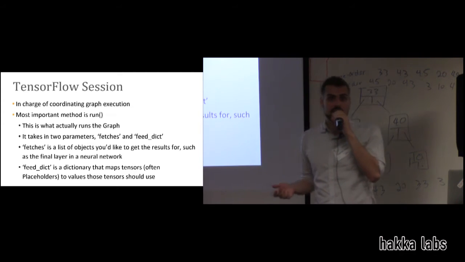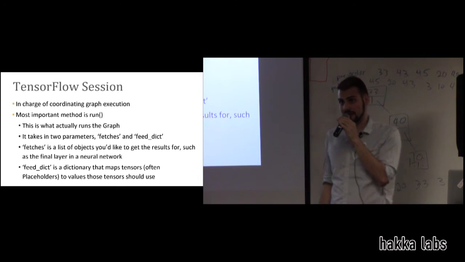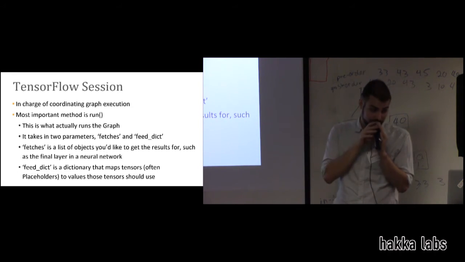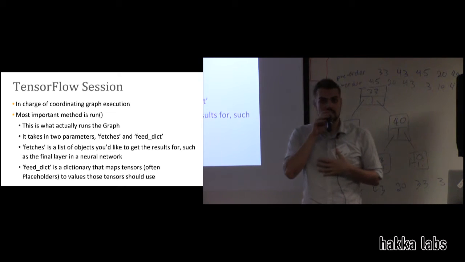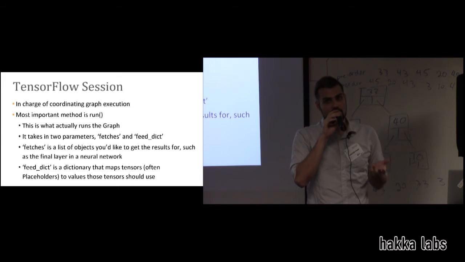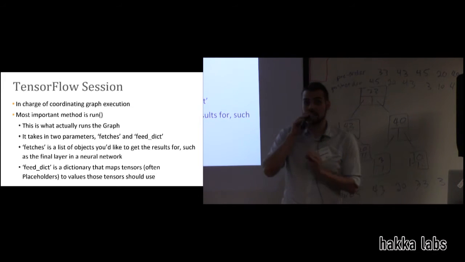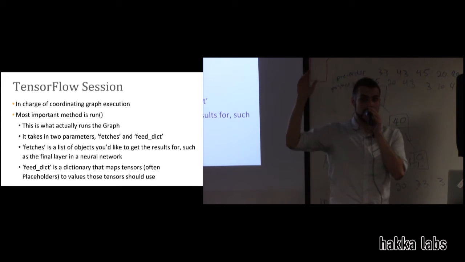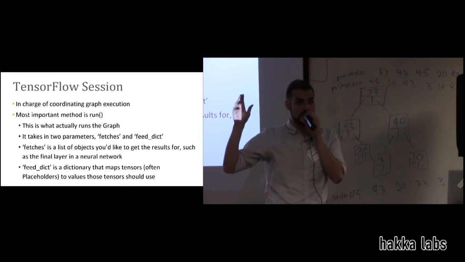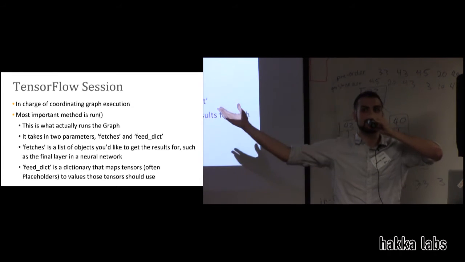So the idea is if there's an operation that you would like to run, then you just pass it into the TensorFlow session. The reason that this is nice is that you don't have to run your entire graph if that's not what you're interested in. And because of the nature of your graphs, it's only going to run the nodes previous, right? The dependencies of that node, and it won't run the entire graph for no reason.